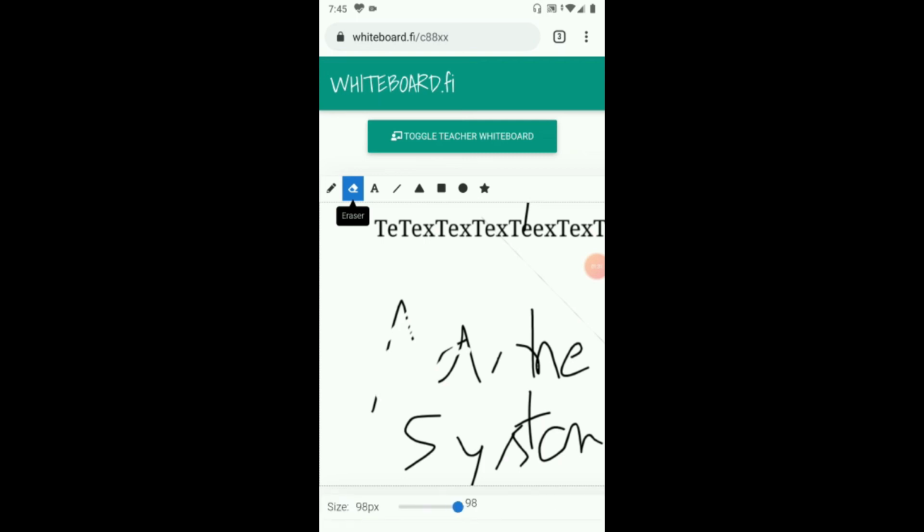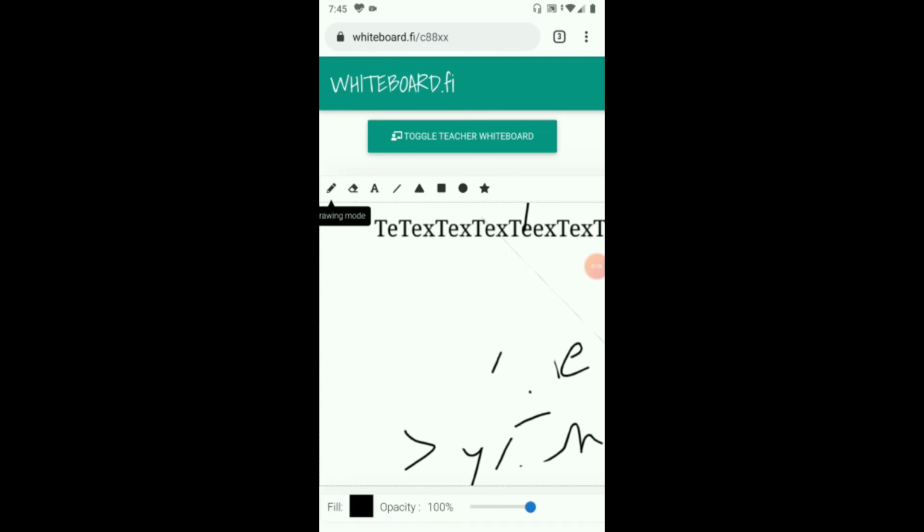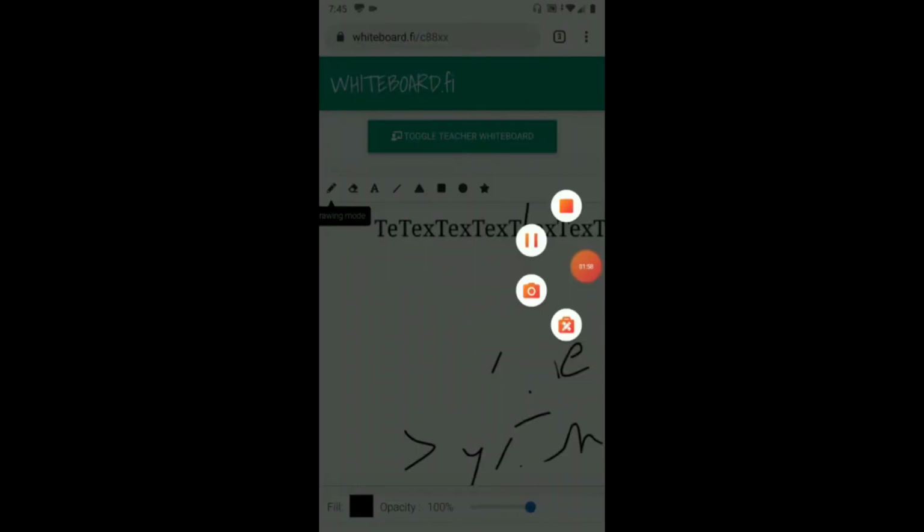Set the size of the eraser, and the student can easily erase his screen if something is wrong. So this is the way we can use the whiteboard, and it is very easy. Thank you for today's session.